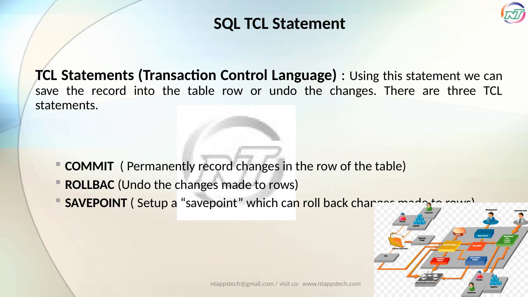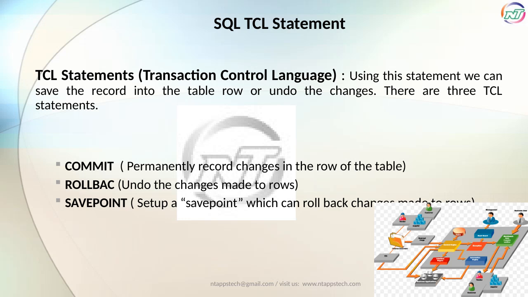Transaction Control Language, or TCL, helps us manage changes made to the data in a database. There are 3 important statements in TCL we use to control these transactions. The commit statement makes any changes permanent, saving the records to the table. If we decide we don't want to keep those changes, we use rollback to undo them, returning the data to